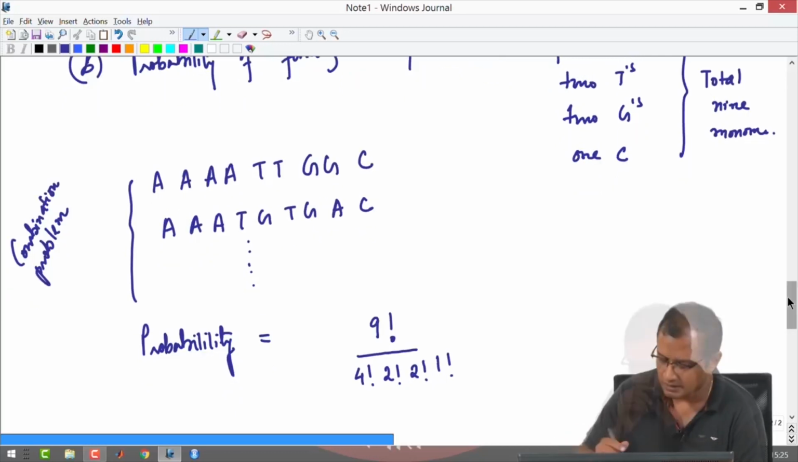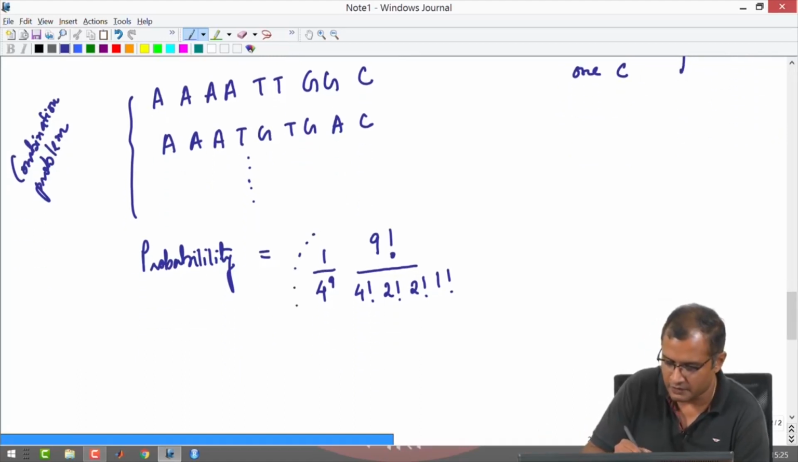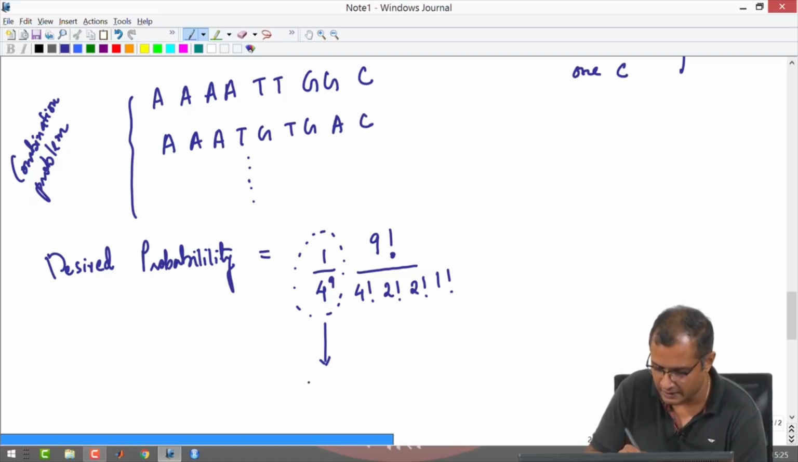So, this is the number of combinations that you can have, and then if you divide it by the total number of combinations, which is 4 to the power 9, this will essentially give you the total probability that we are chasing. One way to interpret this is that 1 upon 4 to the power 9 is the probability of one sequence,